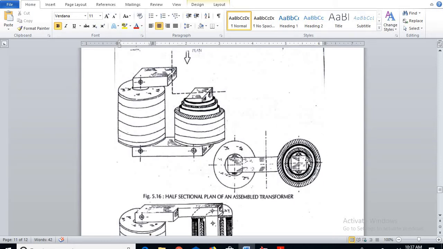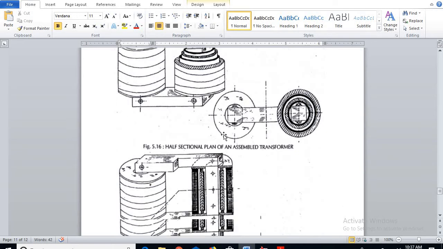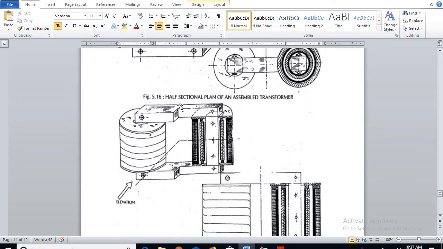If I see the elevation, the elevation will be vertically cut. The transformer will be vertically cut at the front portion, and the front half of the portion will be removed. If I remove the front half of the portion, this is how the transformer will be looking. I can see the thickness of HV winding, again the insulation, next LV winding, next the core. So this is the width of the window, that is the stampings.